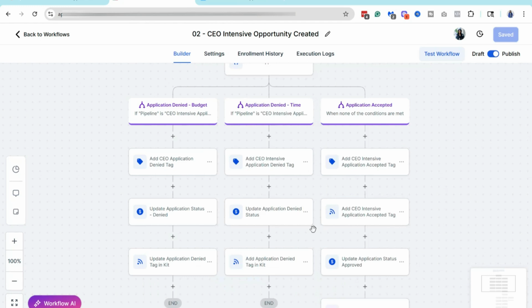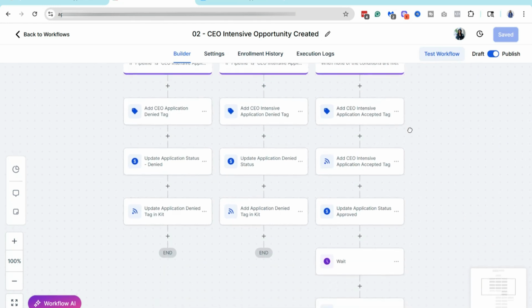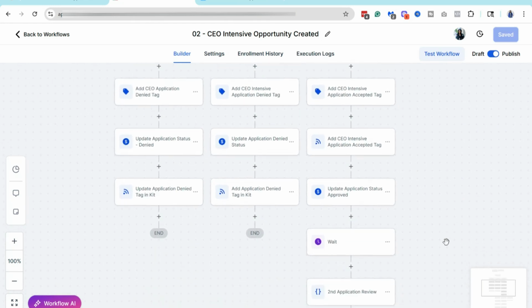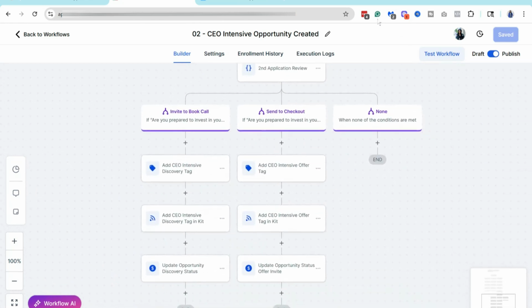So in the application process, we'll filter it: if they don't meet the budget or the time, then their application is going to be denied. Basically, this just adds a tag to deny their application, and then we trigger an email that says your application was not accepted, and recommend alternatives if possible. And if their application is accepted, then we'll add a tag that says application accepted, and then it goes through